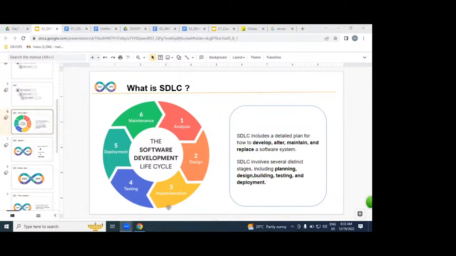Developers are working on where exactly? In the implementation part. Testers working on where? DB administrators, DevOps engineers, AWS engineers, Linux administrators, all together, we are going to be working in SDLC.